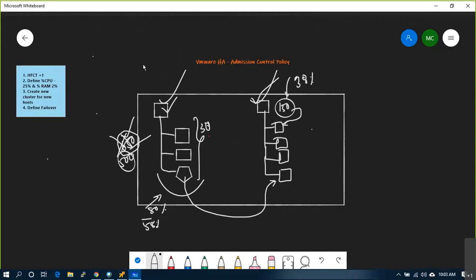Fine. So maximum is 64, right? So you have 64 hosts within a cluster. What you will do, you will purchase one big server. Out of 64, one host is a bigger host, or normally the same size, it's fine, not an issue. But what you will do, you will define that host as a failover host.